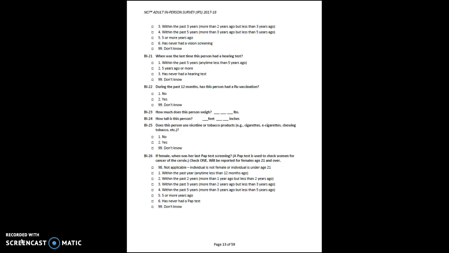So for females, when was her last Pap test? For those of you who've done this survey before, you may notice that the not applicable is slightly adjusted this year. We're only collecting information for females who are 21 and over now. For women who are 40 and over, we want to know when was her last mammogram. And for individuals who are 50 to 74, we are going to find out whether they've received any screenings for